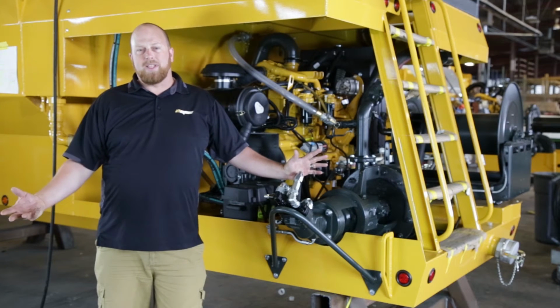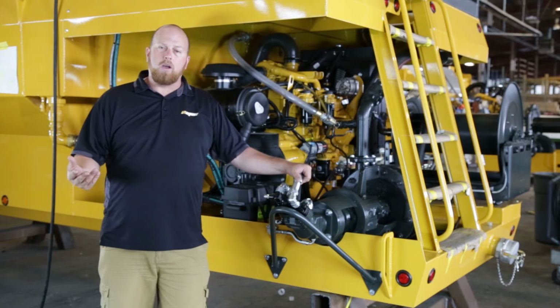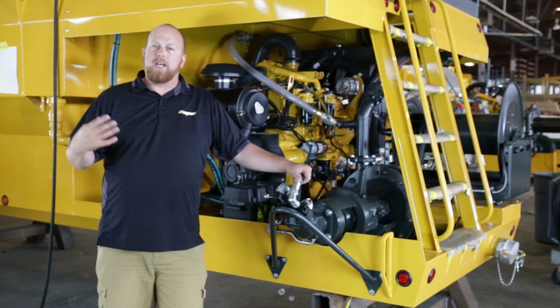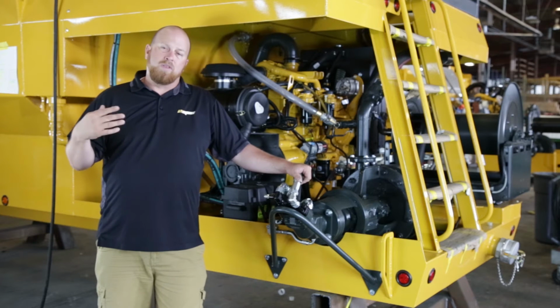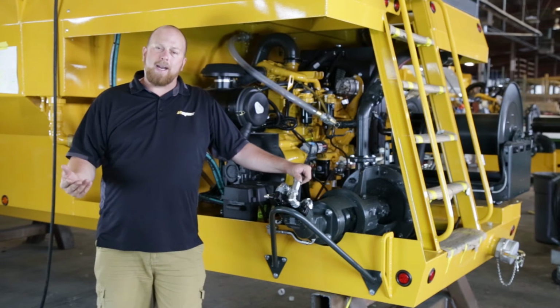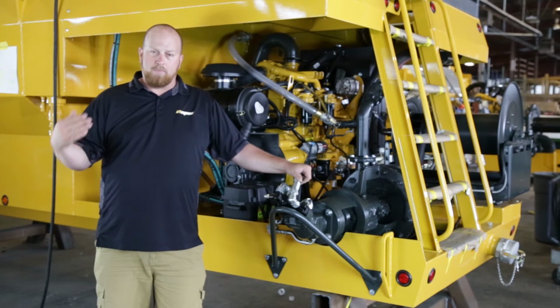So instead of going with a standard gear pump with tight tolerances and more potential for clogging, we've opted for a Vortex centrifugal pump, which has a much more open impeller. It creates a vortex which sucks the material into the pump and pumps it out with minimal contact with the impeller during that process. This dramatically reduces the amount of clogs you can get inside the pump and improves performance